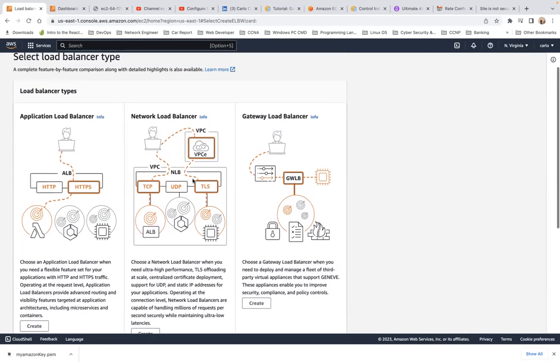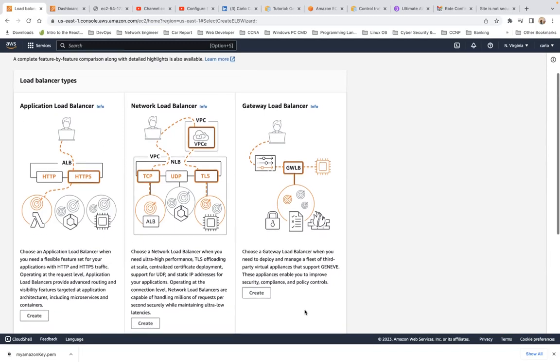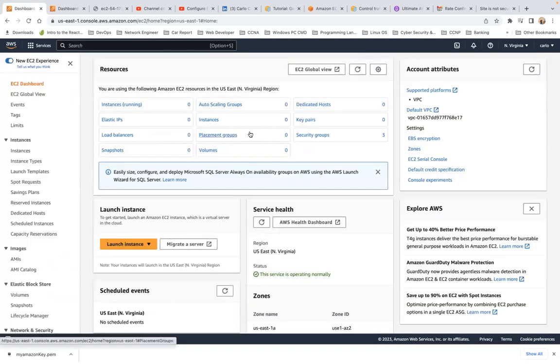Now, if you want, you could do a network load balancer, which is a layer 4 on the OSI model. It's for TCP and UDP. It's here to load balance traffic. And they have gateway load balancer. So choose a gateway load balancer when you need to deploy and manage a fleet of third-party virtual appliances that support Geneve. These appliances enable you to improve security, compliance, and policy control. So I don't need a load balancer for now. I don't want to get charged beyond my free tier